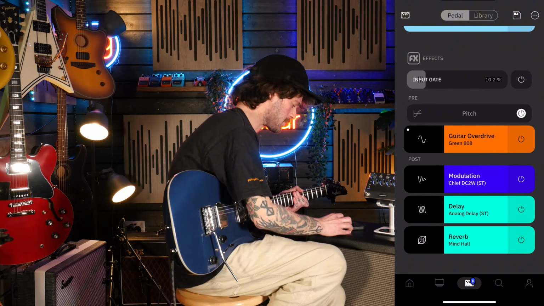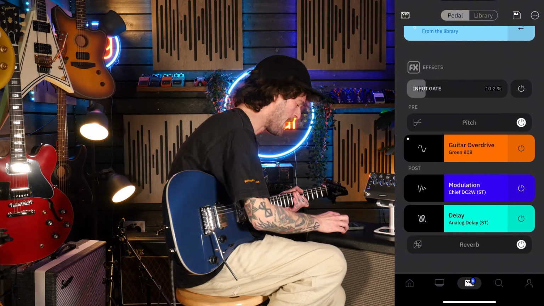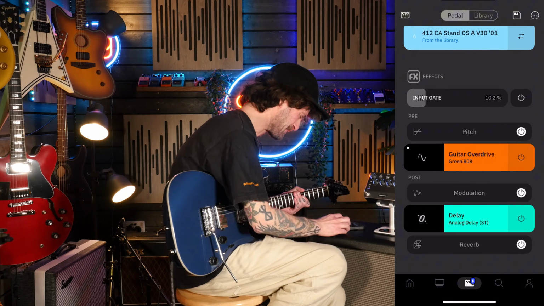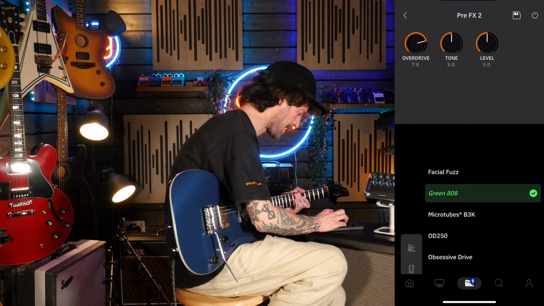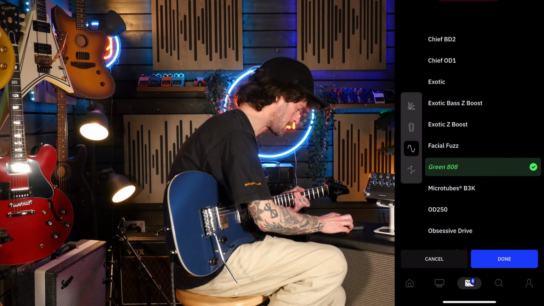Maybe turn off those absolutely massive trails from this here. But of course, that was the Tube Screamer sort of vibe there as well.